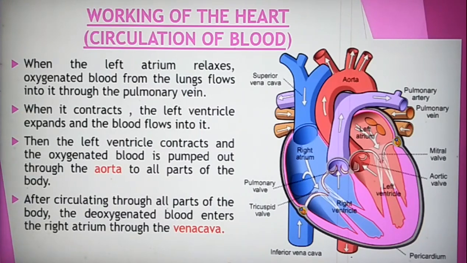Different types of blood vessels are there. They are the arteries, veins and capillaries. Arteries carry the pure blood, veins carry the impure blood. This is the main difference between these two. Arteries carry the pure blood and veins carry the impure blood. So here,